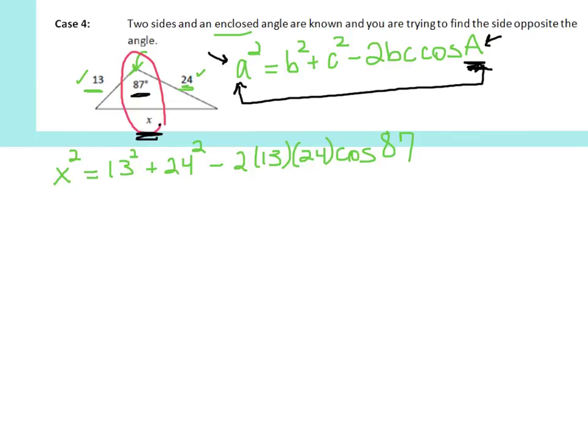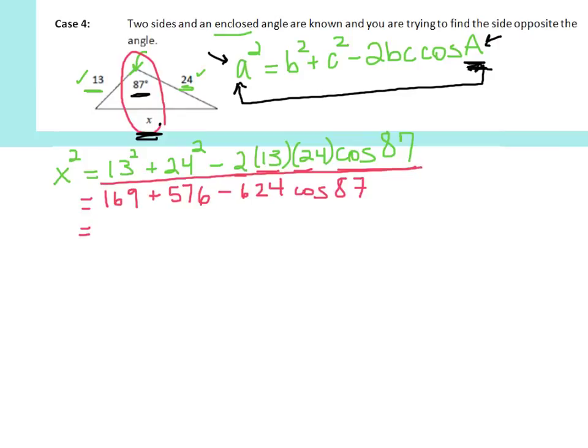This is easier than the last one we did because we aren't dealing with a variable over there. We can simply start putting this into our calculator. So we have 13 squared, which is our 169, plus 24 squared, which is 576, minus 2 times 13 times 24 is 624 cosine 87. So I'm just trying to show you where the numbers are coming from. You could type this entire thing into your calculator in one step. And that's what I'm going to do now with this step. I'm just going to type that in my calculator exactly like I have it written. 169 plus 156 minus 624 times cosine 87 is going to give us